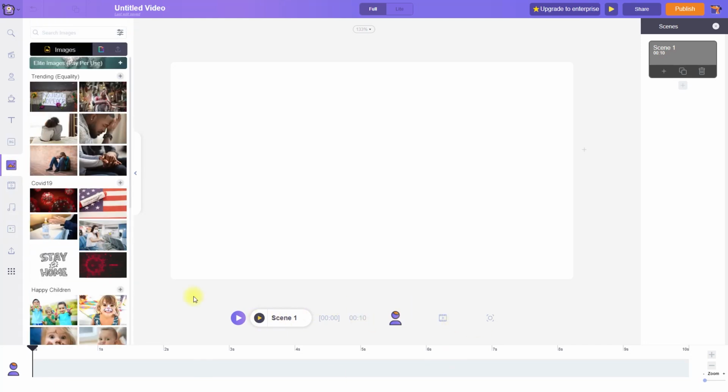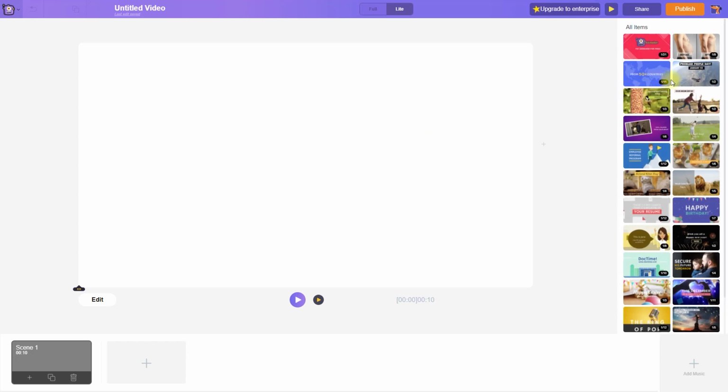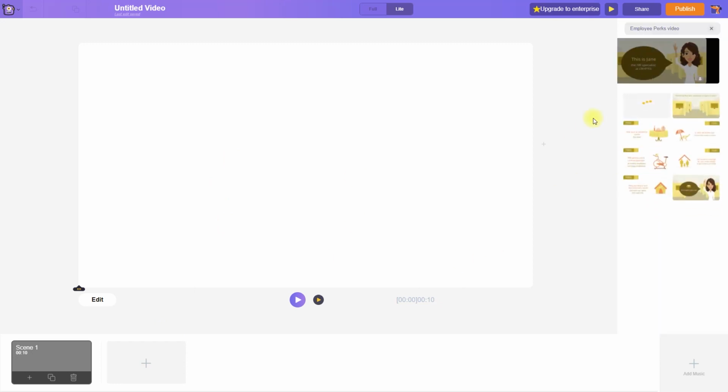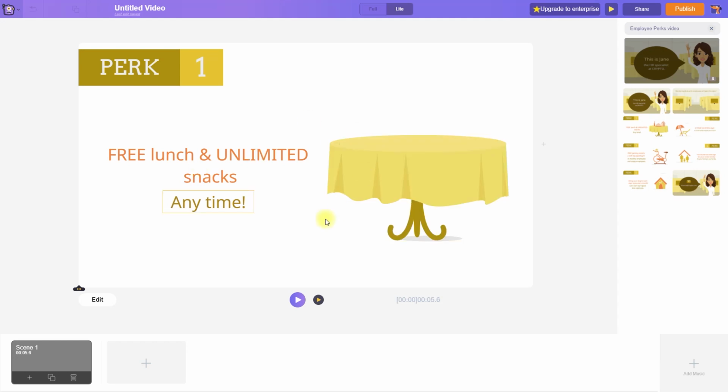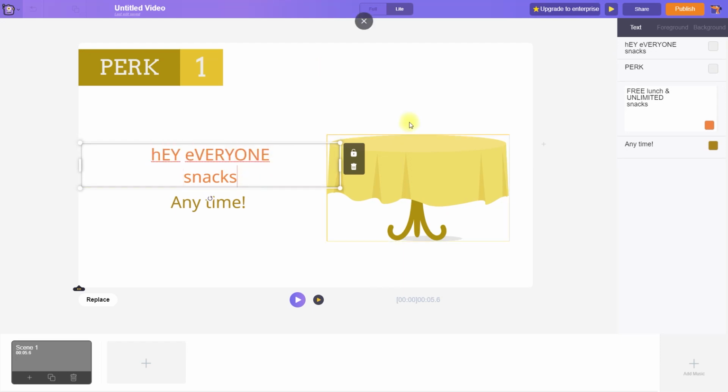But once you learn to use it, you'll have all the creative tools and assets in one scene, enabling you to work faster. Now with regards to the light mode, it has a slightly different interface with the asset library on the right and only a scene timeline at the bottom. The light mode is created for beginners who don't want to learn advanced stuff, and it actually is pretty fast compared to the full mode, because you can easily add pre-built scenes and customize them however you want without having to worry about different assets and their timings.